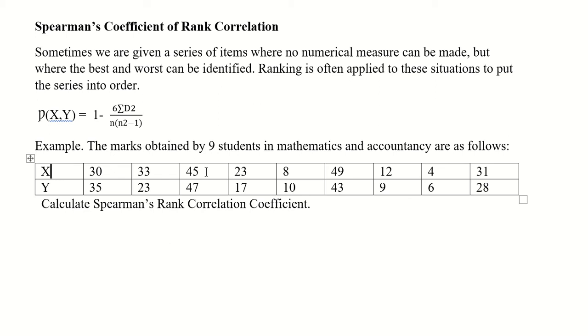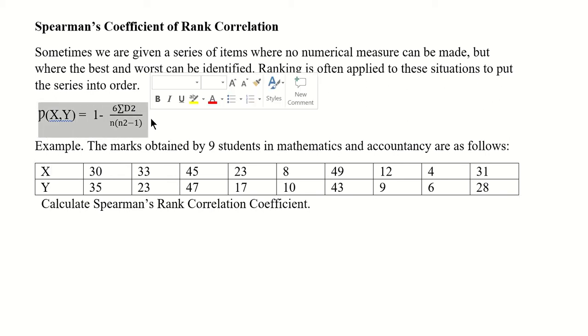So here we do not directly find the correlation, but we try to identify the ranks. Okay. So basically rank correlation is applied where directly finding correlation doesn't make sense, or where you have a situation where best and worst case is given to you. There we apply rank correlation. So this is the formula to calculate rank correlation: 1 minus 6 summation of d square divided by n times n square minus 1. So this is the formula.